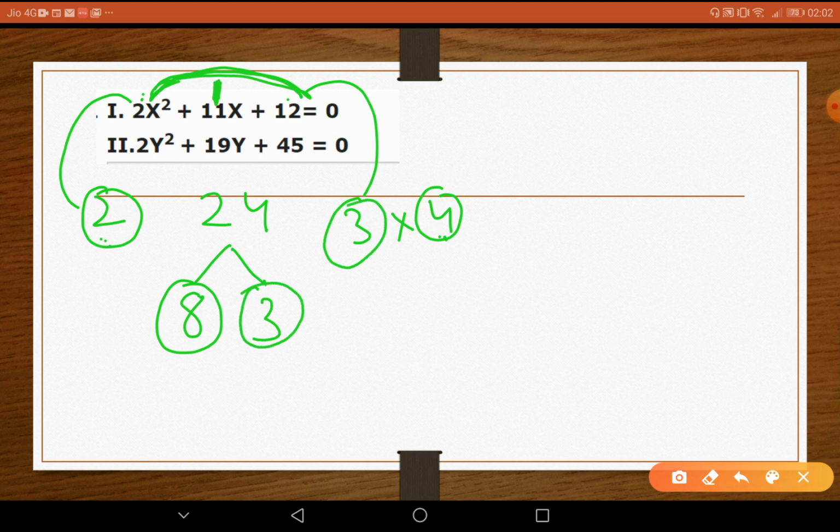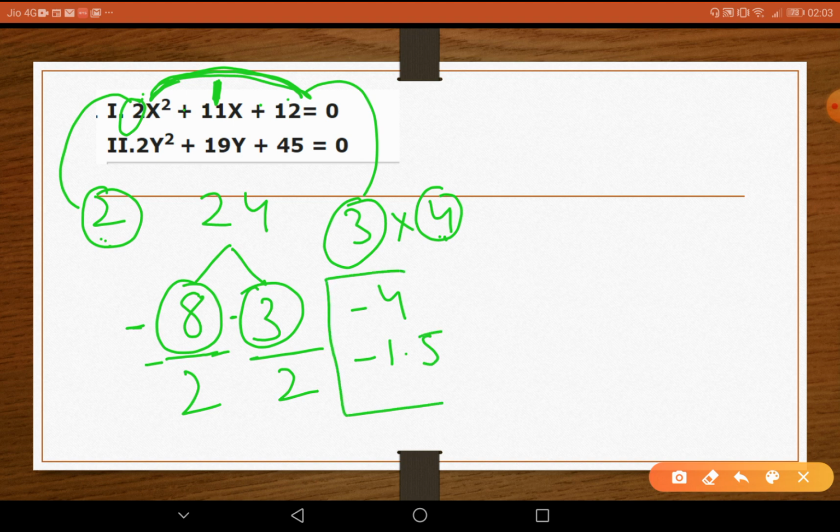And you know, in the second-last slide I told you whenever the signs are plus plus, the roots will be minus minus. So minus 8, minus 3. The catch is that in the last questions the coefficient of x square was 1, so the denominator was 1, whether it's 1 or not doesn't matter. But if it is not 1, say it's 2, then the coefficient is 2. When we put the denominator as 2, it changes the value. So the roots will be minus 8 by 2, meaning minus 4, and minus 1.5. These are the roots of x.